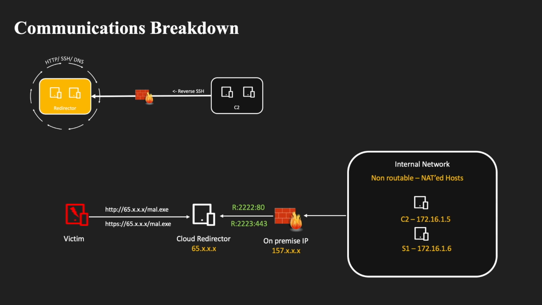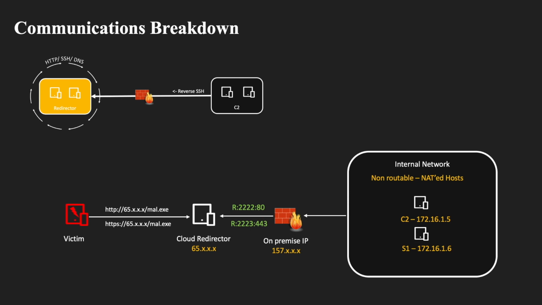Each of these servers is responsible for initiating a reverse SSH connection to the same cloud redirector. The reason is that one of these connections is going to accept traffic on port 80 and the other one payloads running over port 443. As you can see, the first connection is made on port 2222 and the other one on port 2223